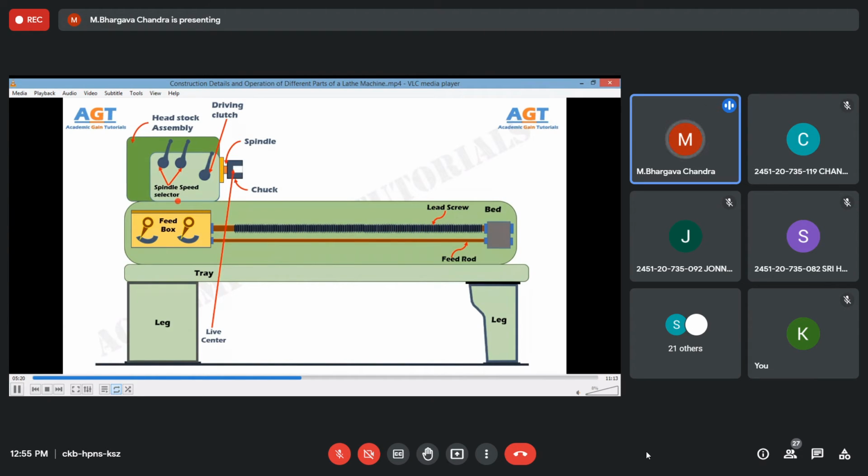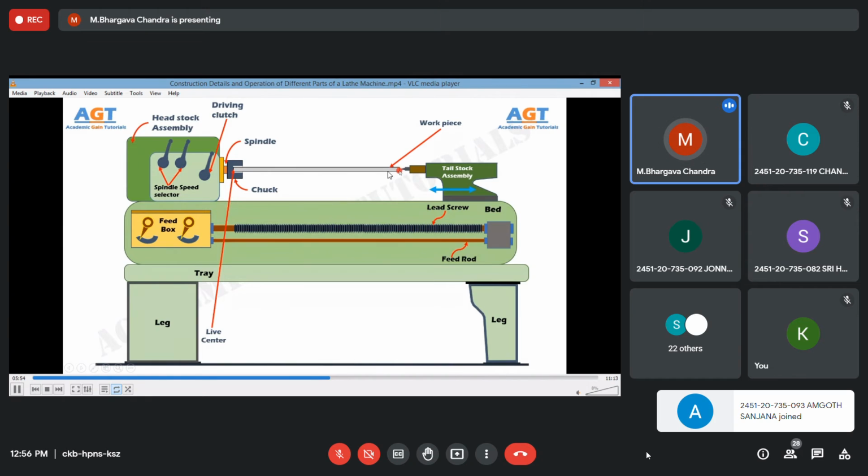So remember, this headstock assembly is the powered one, and as such it is called a live center. Then you have the opposite one, the tailstock assembly, which is called a dead center. It does not move or rotate. The sharp spindle that you see here is used for supporting the workpiece. If the workpiece is too lengthy, the sharp spindle will align exactly at the center of the workpiece, and the workpiece will rotate, and accordingly the machining will be done on the circumference of the workpiece.